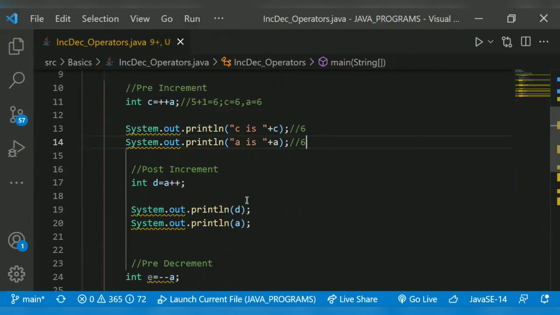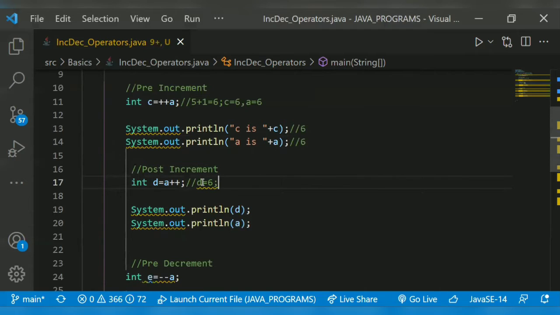Then post-increment. Now a is 6, right? In post-increment, first the value gets assigned to d, then a will get incremented. So here d is assigned the value of a, which is 6 right now, so d is equal to 6.